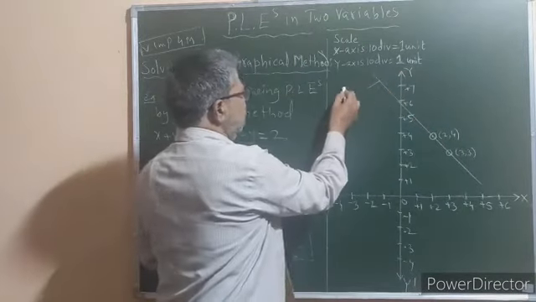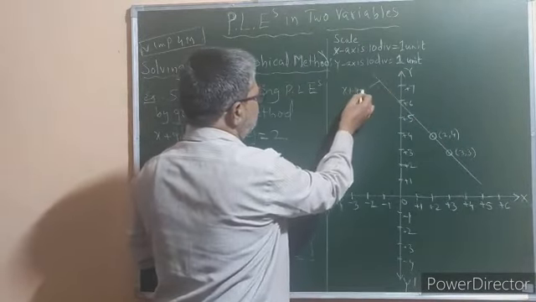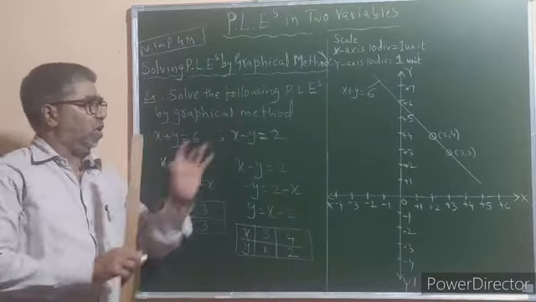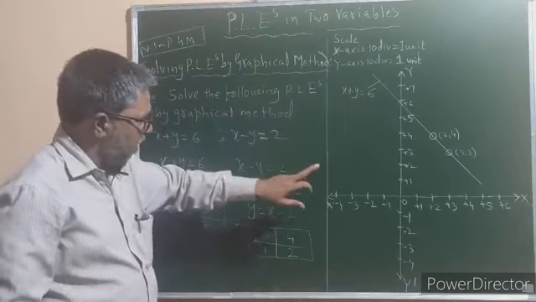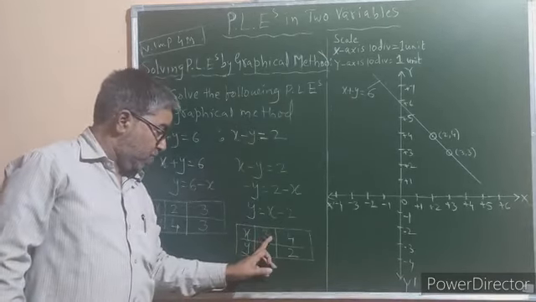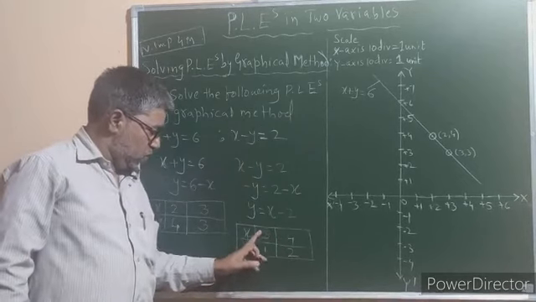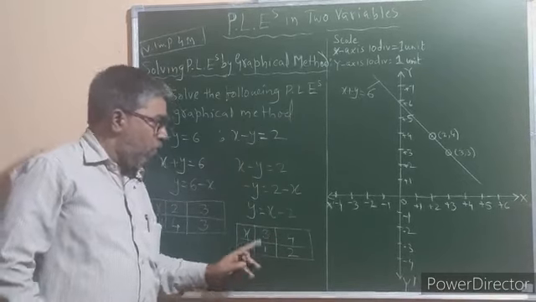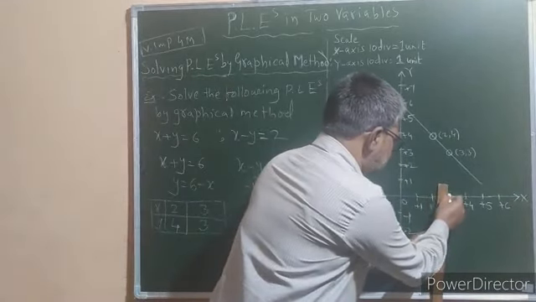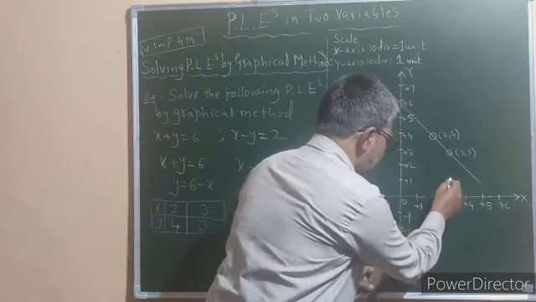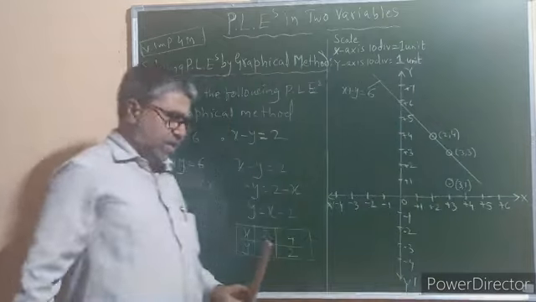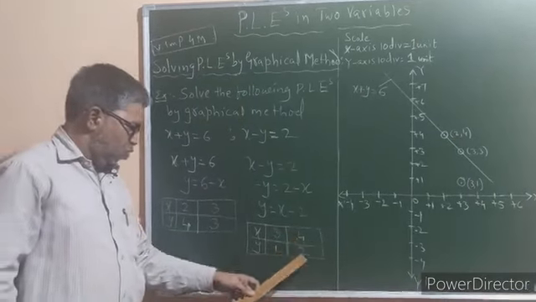So this line is nothing but the graph of the first equation, x plus y is equal to 6. In the same way, you have to draw one more line, taking the ordered pairs (3, 1) and (4, 2). So x is 3, y is 1. x is 3 is here, y is 1 means we have to move upwards. Here somewhere we will get the point (3, 1). Alright. Now the second pair is (4, 2).